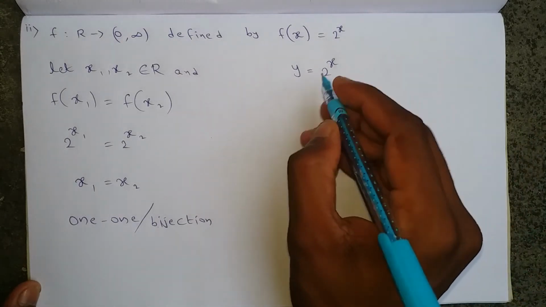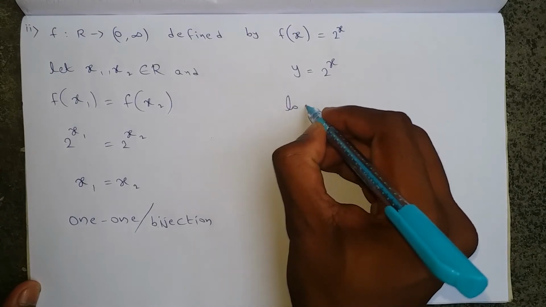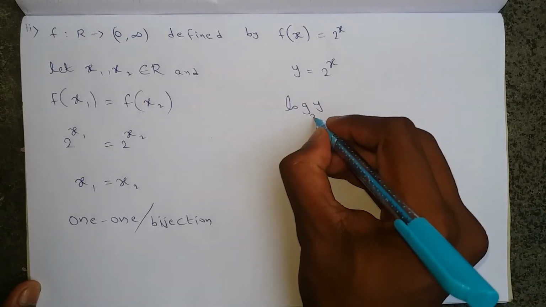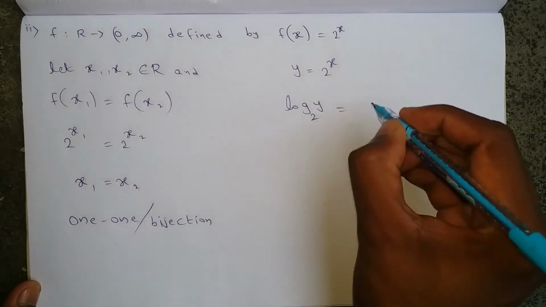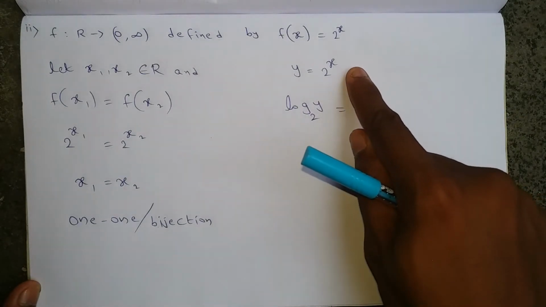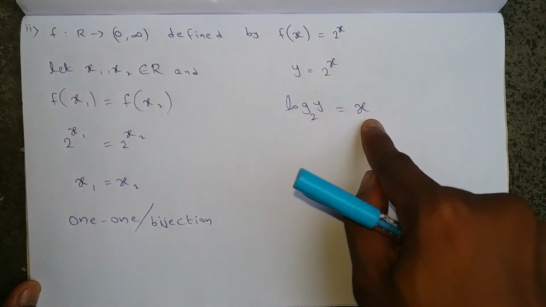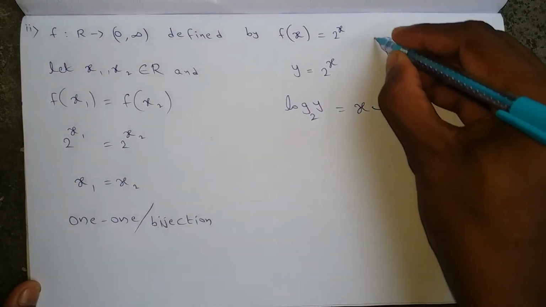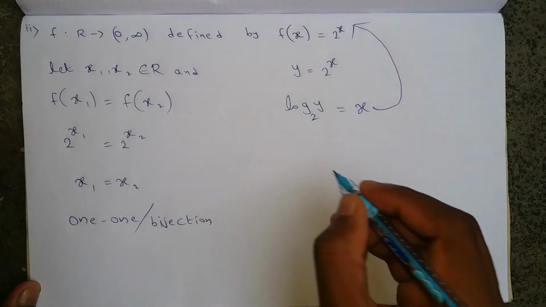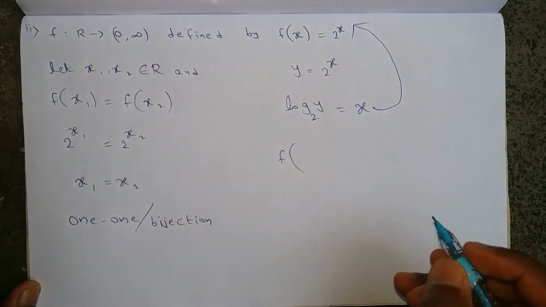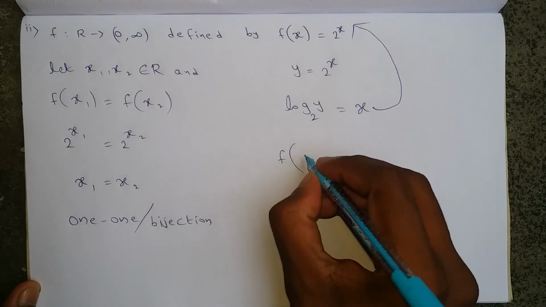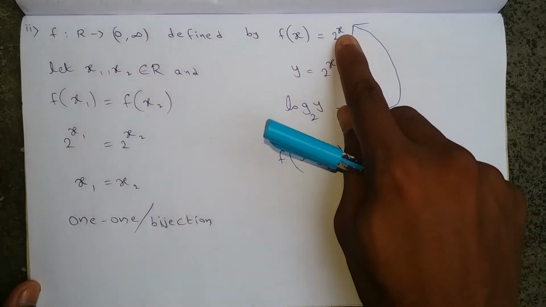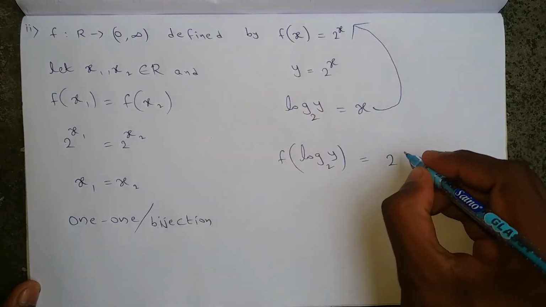It's very easy. For this y, apply log. Log y: here the base is 2, write it as it is as the base, is equal to, and the power, write it as the answer. This is in exponential form, and I am converting that to logarithmic form. So now we got x = log y base 2. Now this x value we need to substitute here. So f of, in the place of x, we substitute log y base 2, which equals 2 power, and in the place of x, this total we substitute, that is log y base 2.